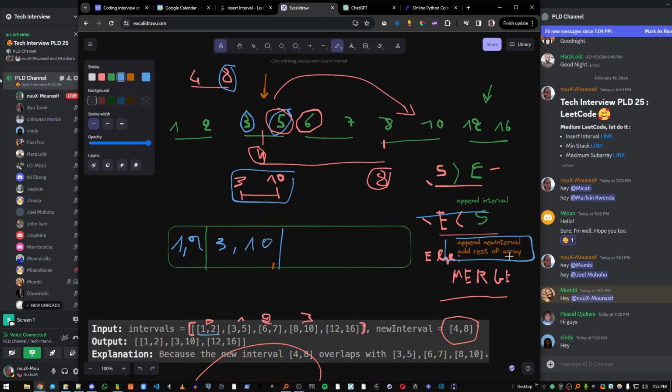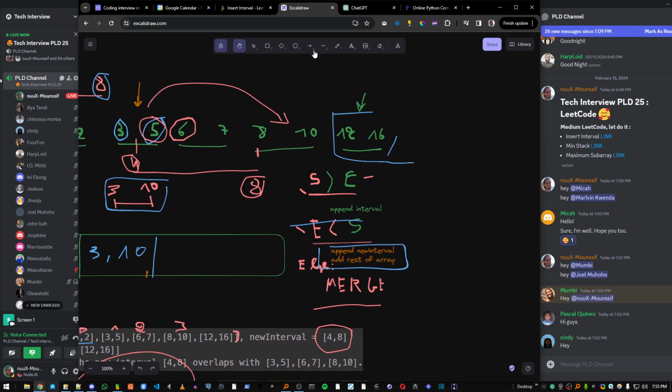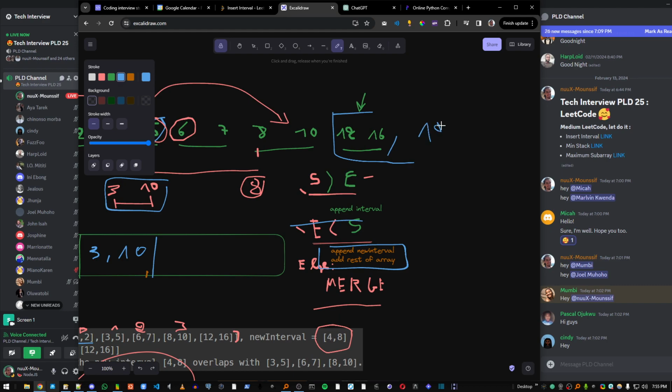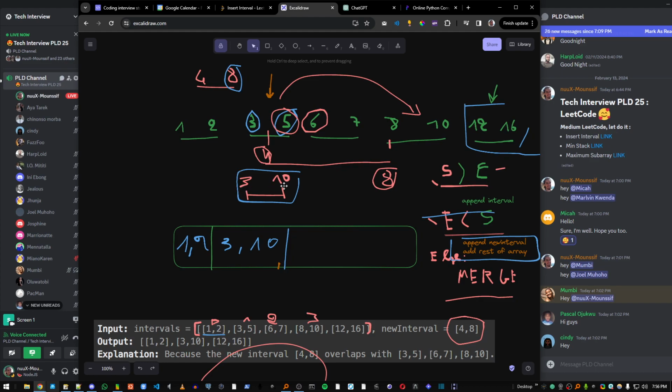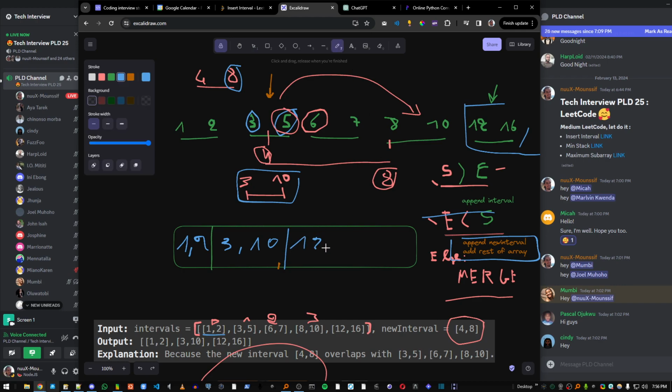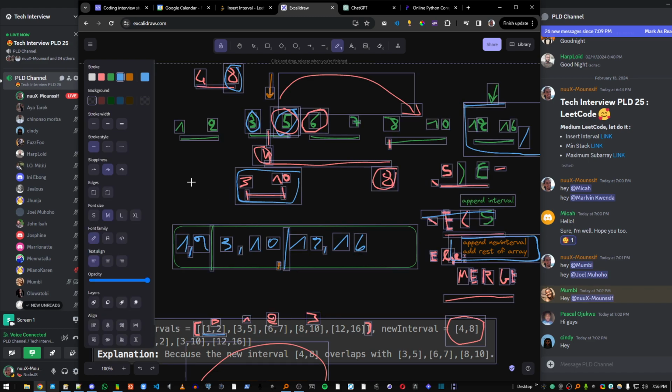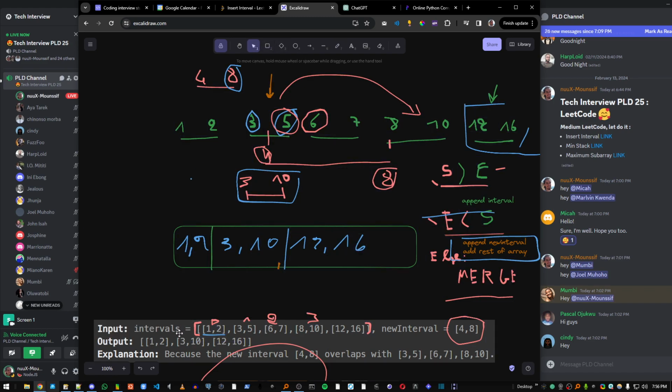What else? Add the rest of the array, which is this one. Because maybe there is more here, right? Maybe there is 13, maybe there is like 19, 20, and more intervals, right? But we don't care because we are sure that 310 is finished here. So if we add the rest, it's gonna be 12, 16. If we notice the outputs we're supposed to give, it's actually the same: 1, 2, 3, 10, 12, 16. So the algorithm is working by using this